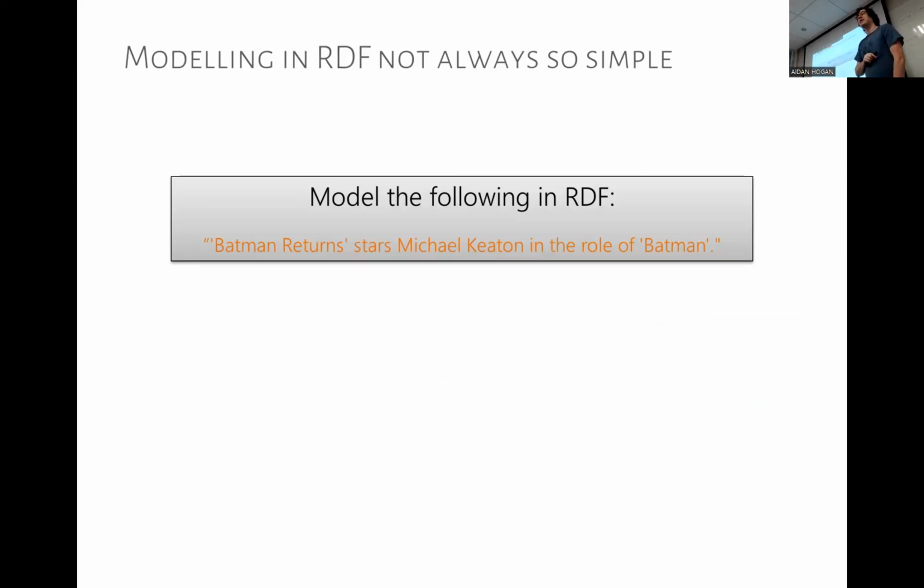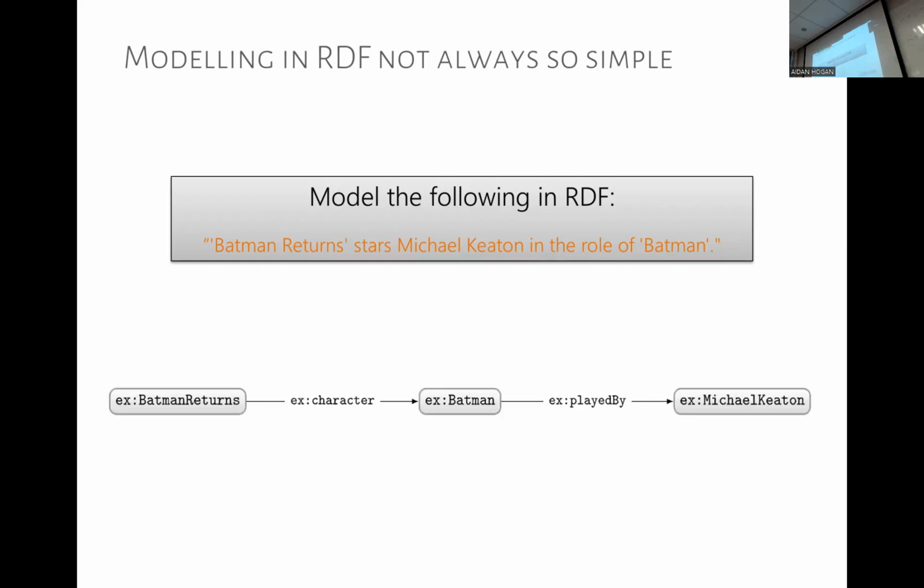But we have the problem of the character, right? So now we're saying that they play a particular character. So we could try something like this. Batman Returns has the character Batman, and Batman was played by Michael Keaton. Okay, this is maybe not bad, but